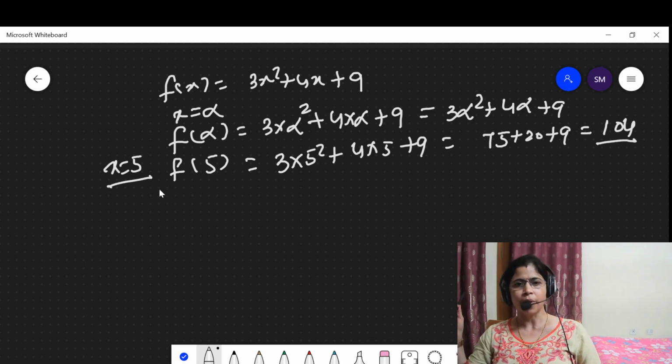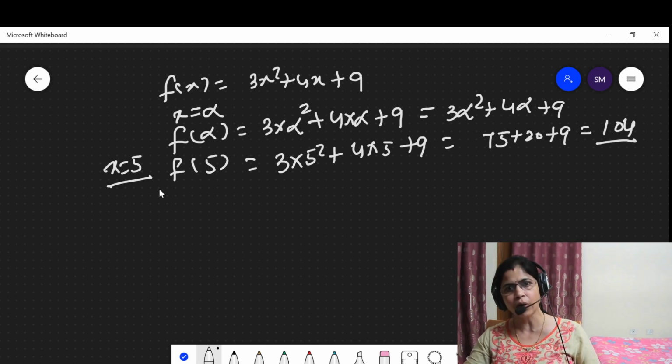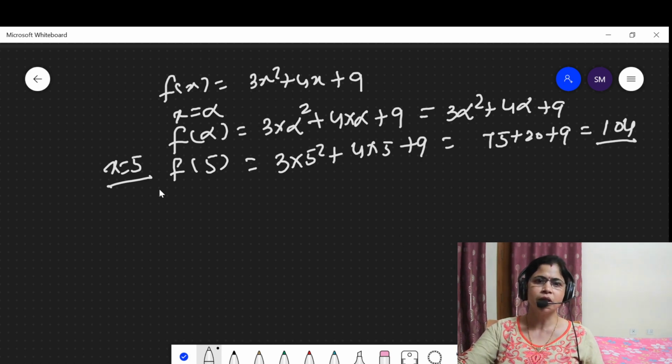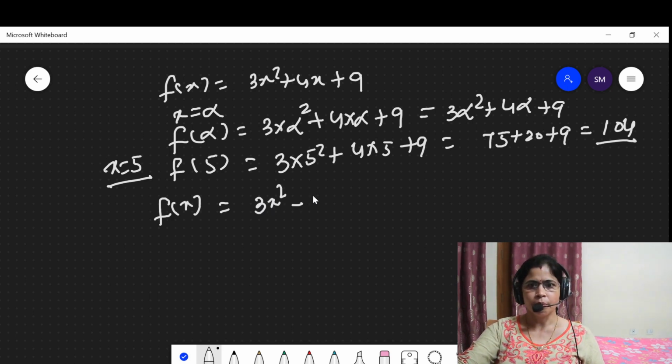Then if f(x) is equal to 0 when x equal to alpha, then alpha is called a zero of the polynomial. Now take another example: f(x) is equal to 3x square minus 6x plus 2 is equal to 0. Then in this case, find